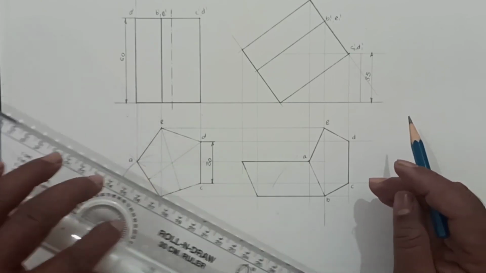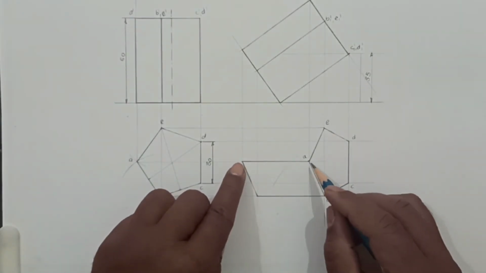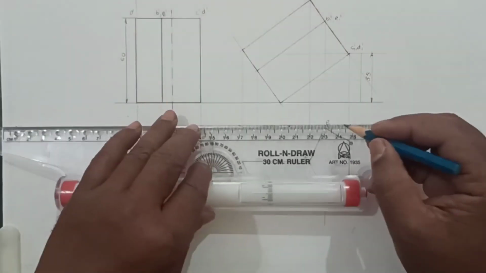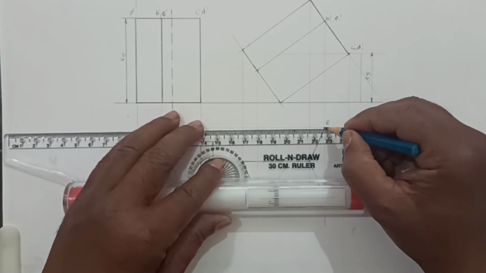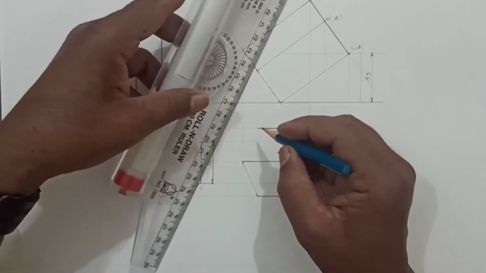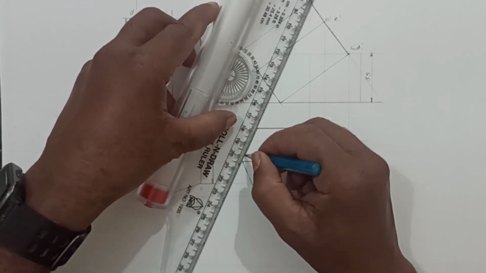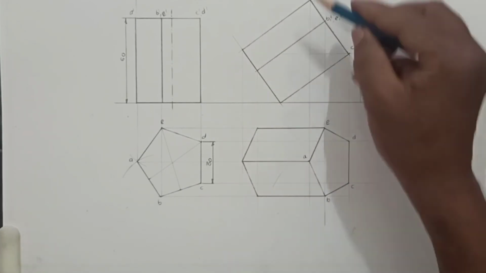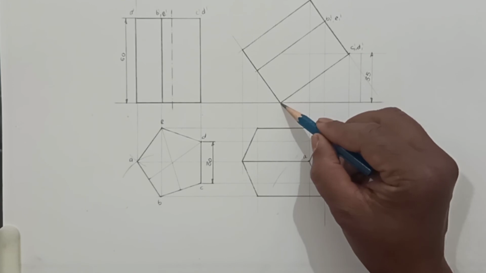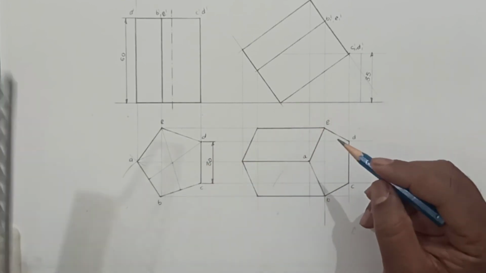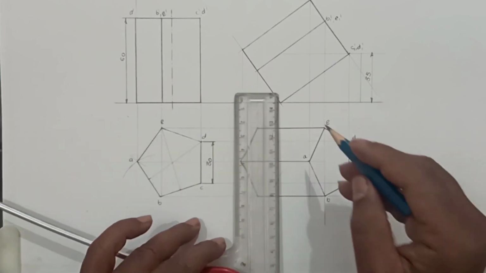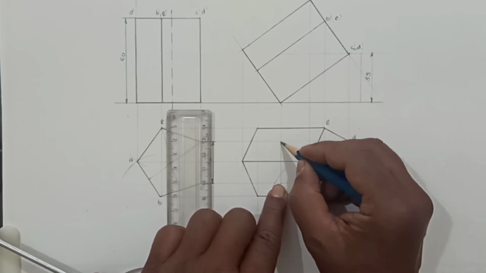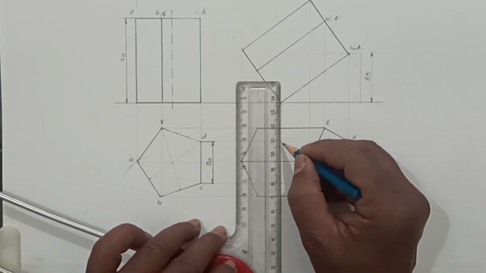Now to show it, already we have got the point A here. Now to locate the E, it will be here. So through this, draw this line. So the visible surfaces are shown here. Now in tilted condition, this edge is not not visible, that is the edge CD. So for CD, draw this vertical line. So C will be here and D will be here, which is not visible, so show it by dotted lines.